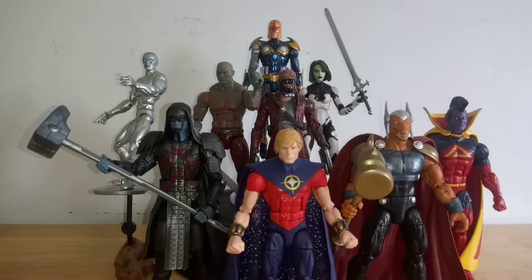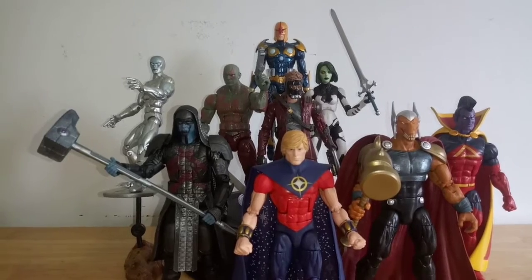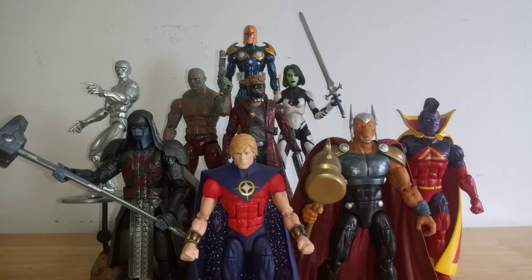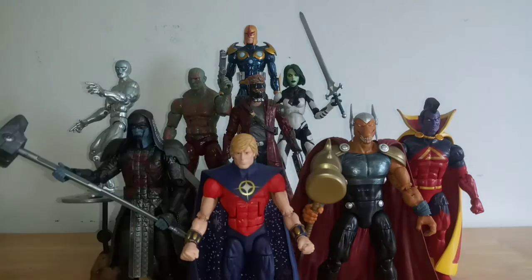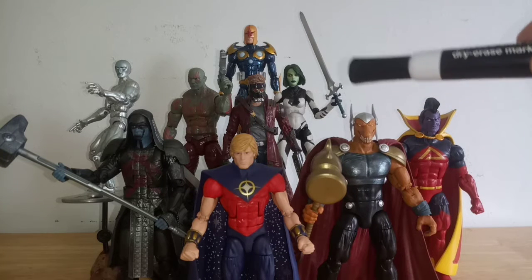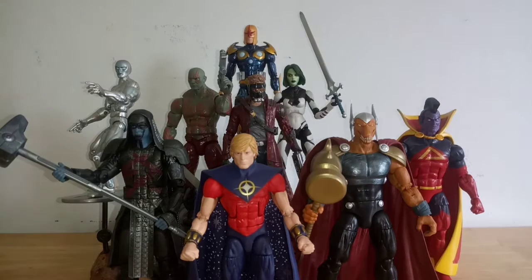I decided, because I love these story arcs, to make my own Annihilation set. So what does this look like? And here they are in all their plastic Marvel Legends scale glory. Let's see here. From the front here, these folks are the members of the strike team from the Thanos Imperative. So you've got Gladiator, you've got Beta Ray Bill, you've got Quasar, Ronan the Accuser, and we've got the